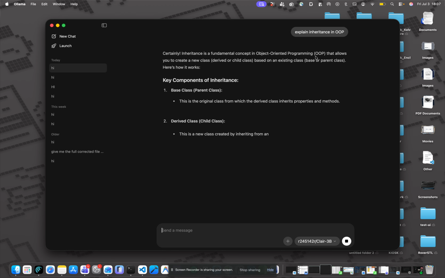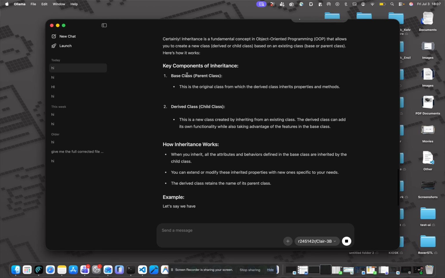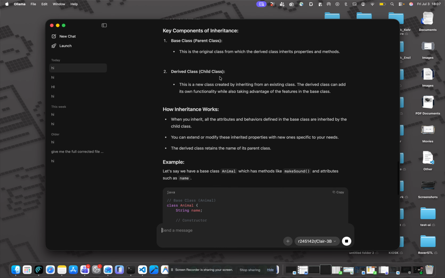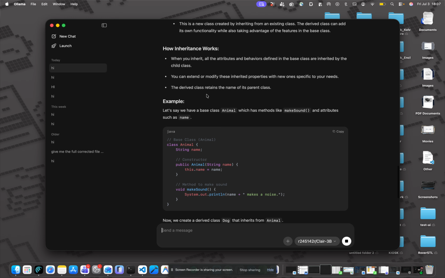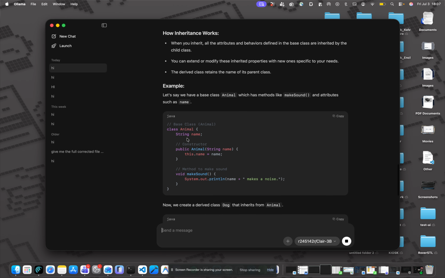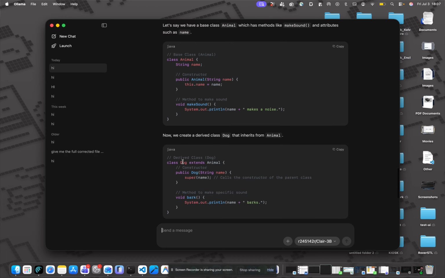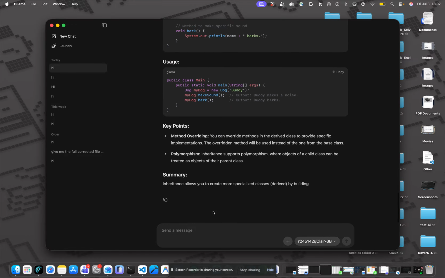Inheritance in object-oriented programming, it explains what it is, the key components of inheritance from the base class, the parent, the child, how it all works. It gives us an example. Class Animal is the base, and then this is the child, Dog. So Dog is inheriting all the characteristics of Animal. This is how it all works, this is how we use it. So we can go on and on. We can ask it to